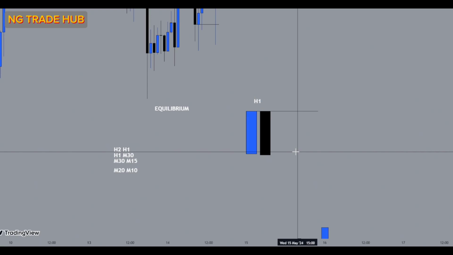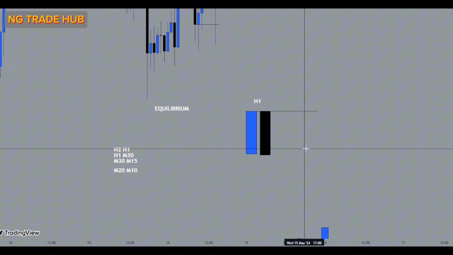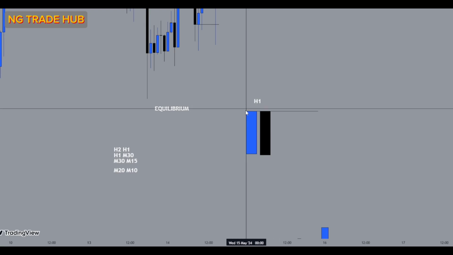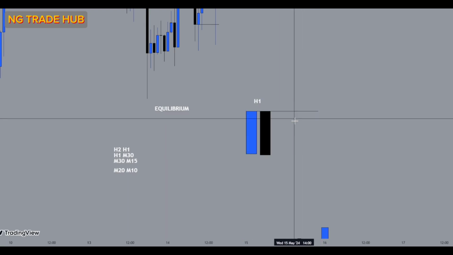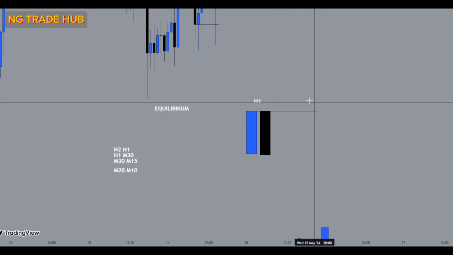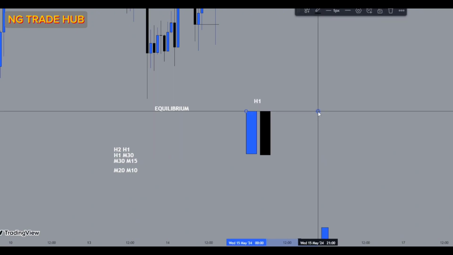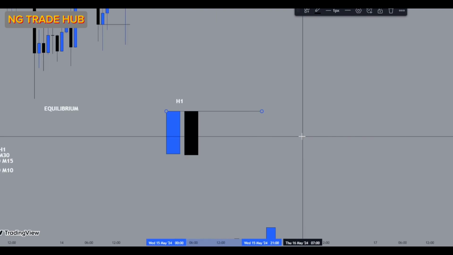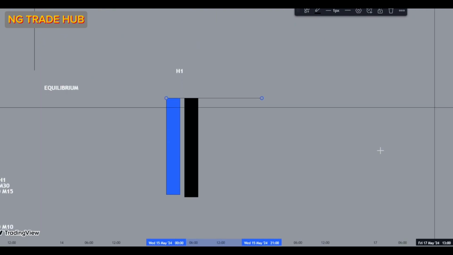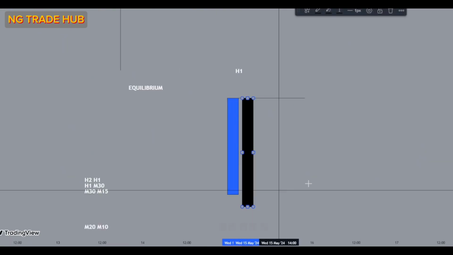The meaning of looking for equilibrium of H1 is going down to M30 and seeing what there is in M30 at this exact same level. That's the equilibrium,